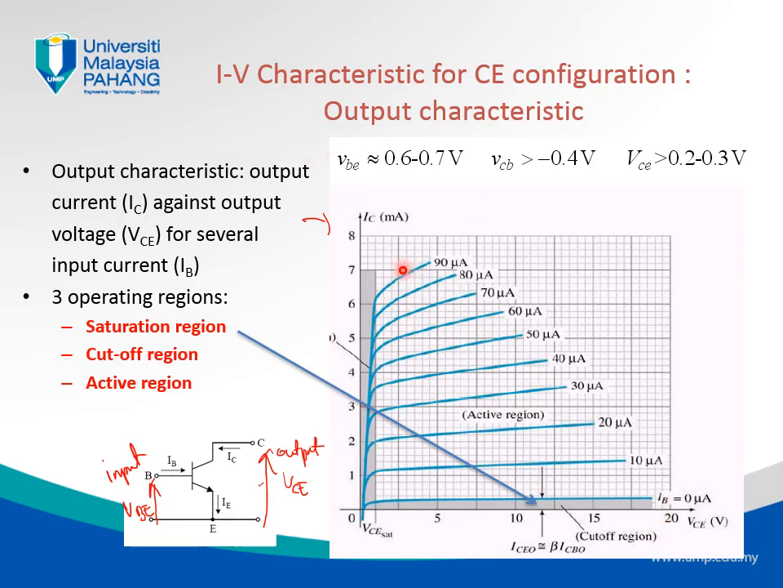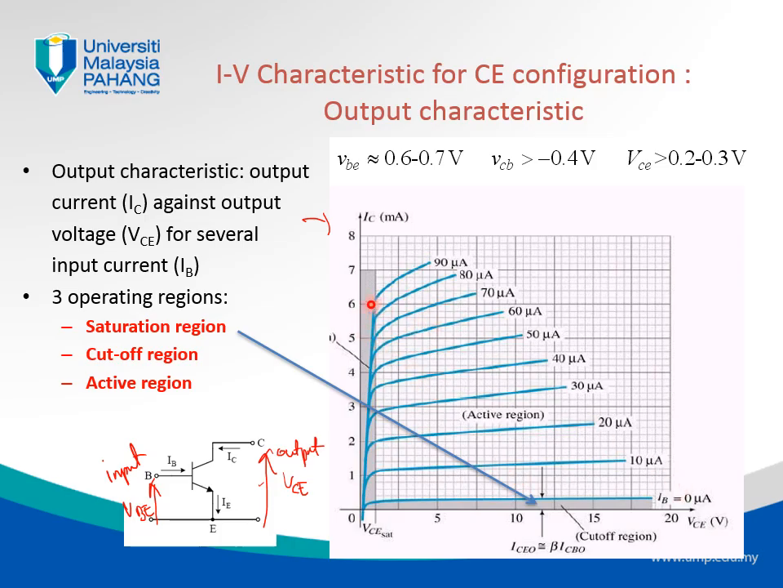There are basically three regions. The first region is this region here, which we call the cut-off region. Cut-off region means the region where we will not observe IC, or only a very small amount of IC. The cut-off region is when we have an input condition of 0. If we have IB equal to 0, then we will not observe any IC, because if you remember the relationship between IB and IC,